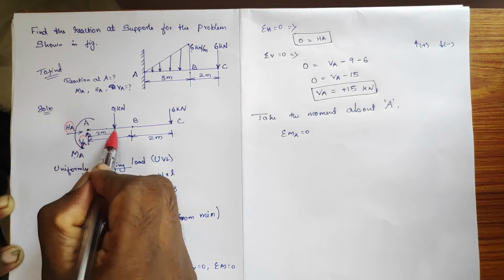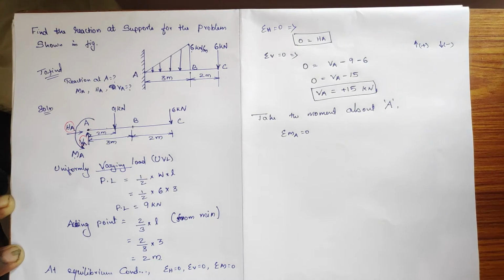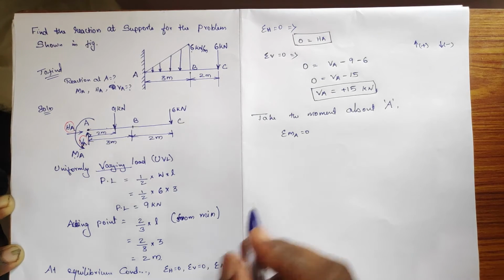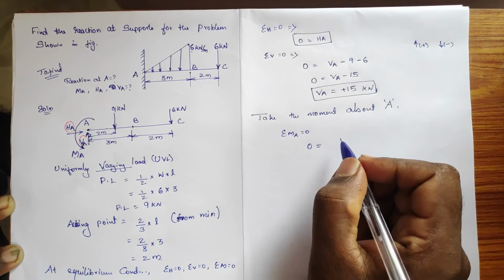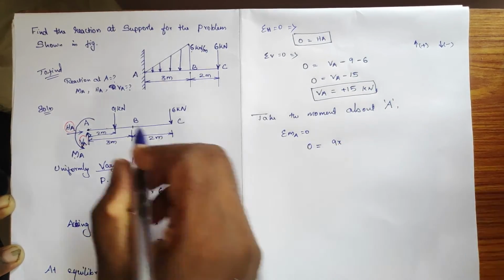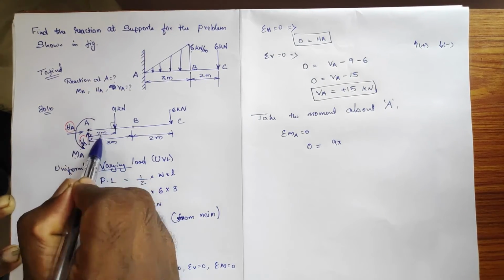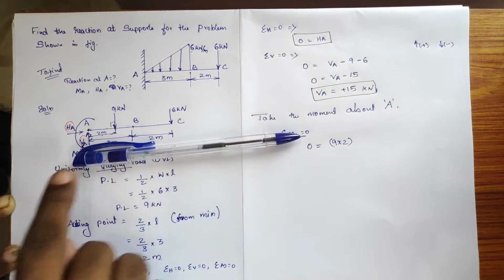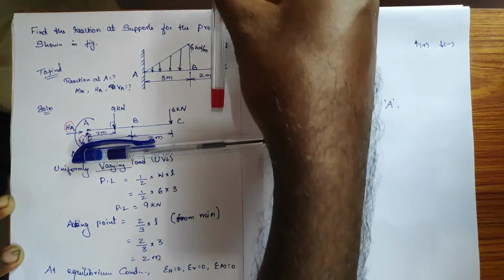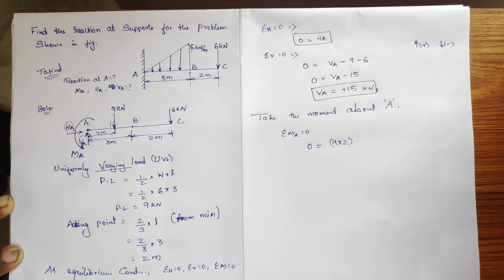If you draw the cross line, no one is coming on the line other than these two forces. So this 9 kilonewton and 6 kilonewton force will take part in the moment. So 0 is equal to 9 kilonewton into its perpendicular distance. The perpendicular distance about A is just 2 meter, so 2. What about the direction, how it rotates? This end is A and here is the 9 kilonewton force. This is how it is rotating, in the clockwise direction, so it is a positive sign.